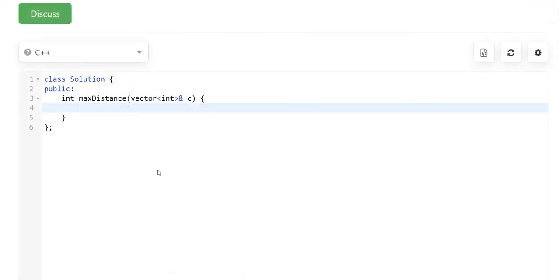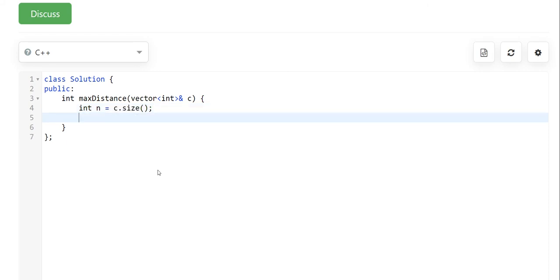At the very first we will take int n as the size of the given array for our convenience, and as we have to iterate in both ways, let's take two variables, int k equal to 0 and j equal to n minus 1.